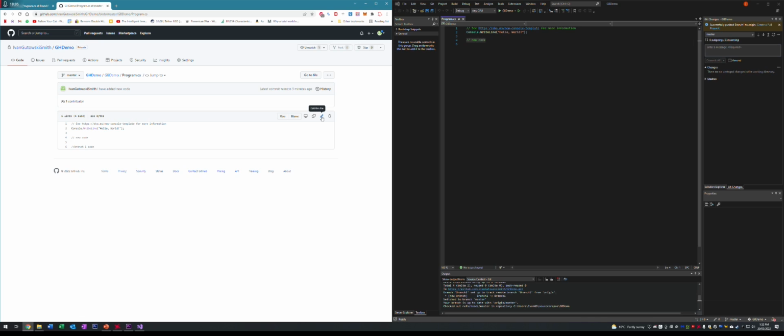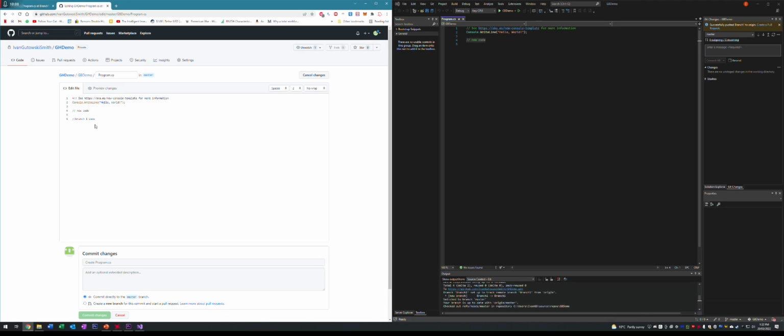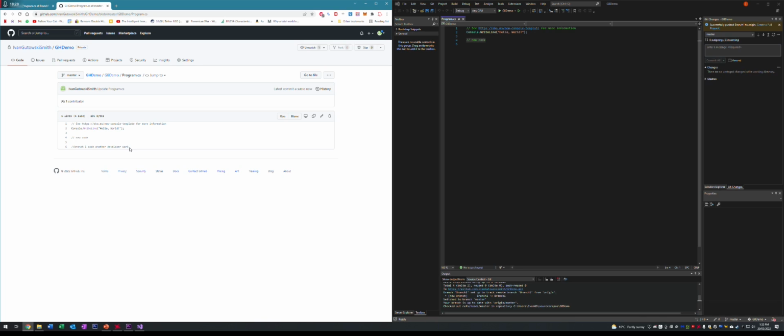And actually, if another developer had done some work, I'm just going to edit this file. This is not how it's normally done. But if another developer had come in, done some work, and they'd also put their work in and merged their work, it would then be in master. So what I'd like to do is, on